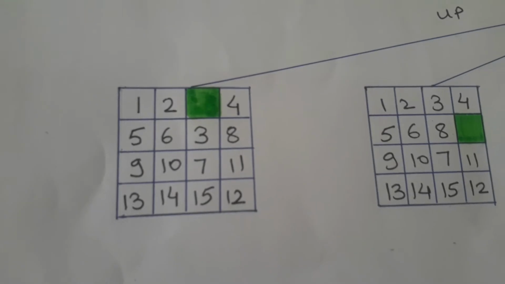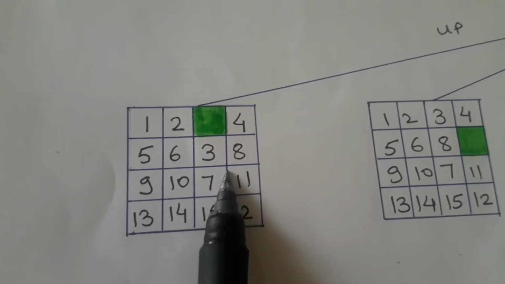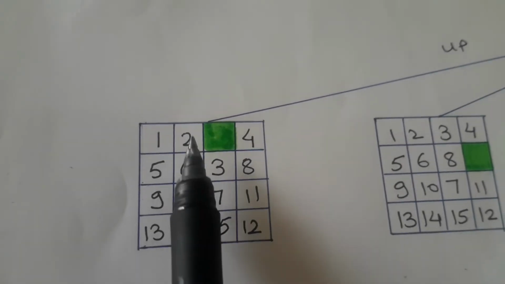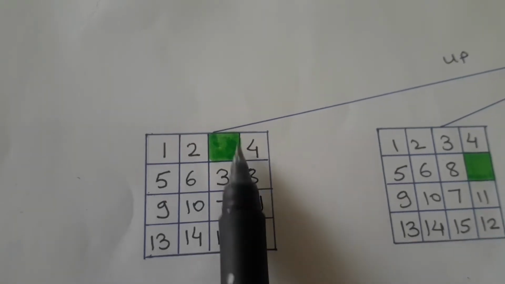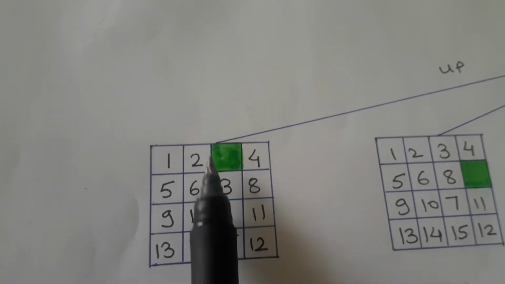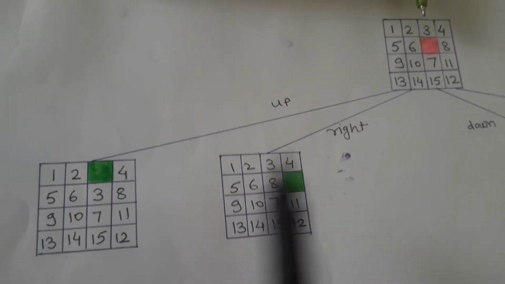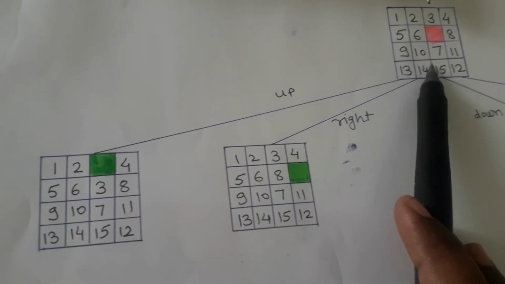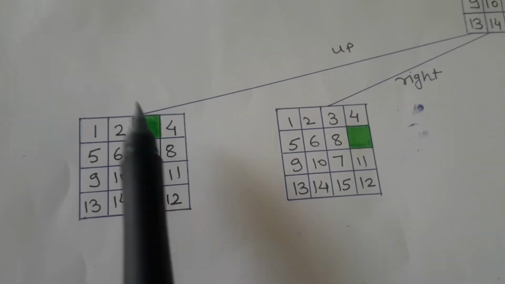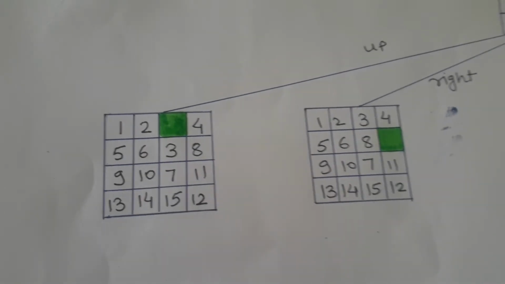Now in this case, we have only two cases further. Here either we can move 3 to this empty spot, or we can move the number 4 tile to this empty spot. If we move 3 to this empty spot, then again we will get the initial state. So we will not move 3 to this empty spot. Either we will move the left or right tiles to this empty spot.